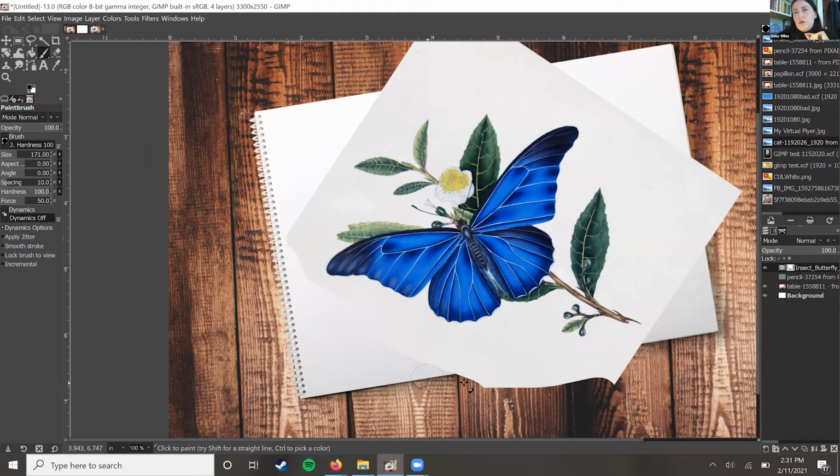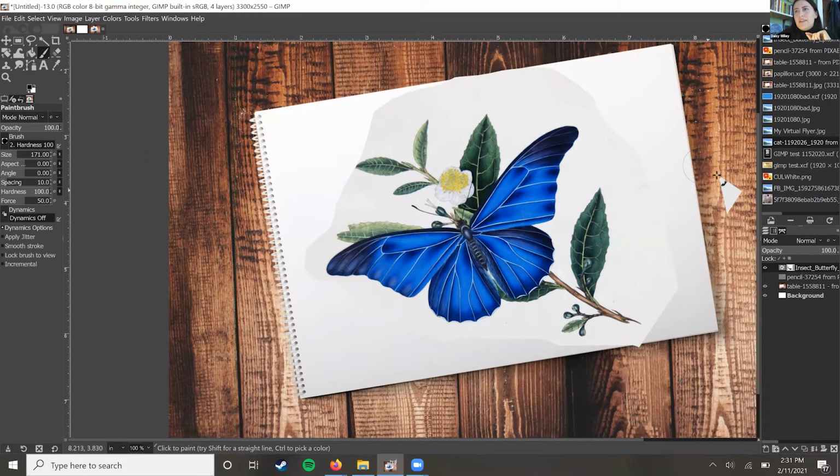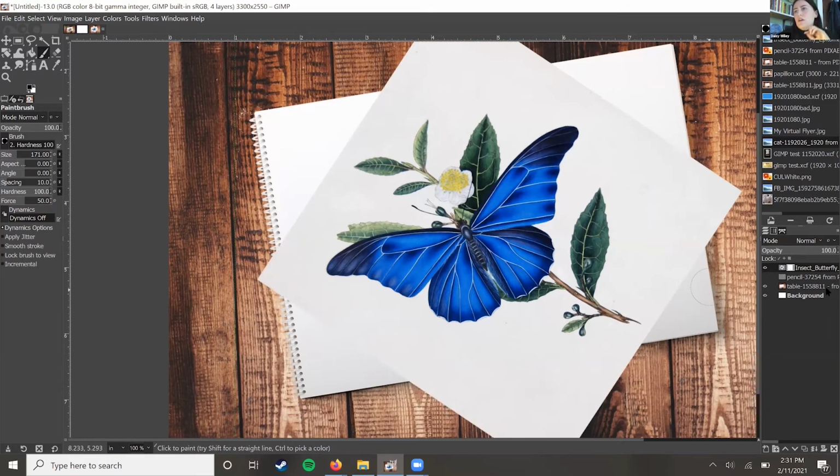But the thing is, if we were to go in and just paint this whole thing, it looks kind of blobby. It doesn't look very good. I mean, it works, but it's not super pretty. So we can do this another way, actually. We're still using the layer mask, but we're selecting the area that we want to get rid of